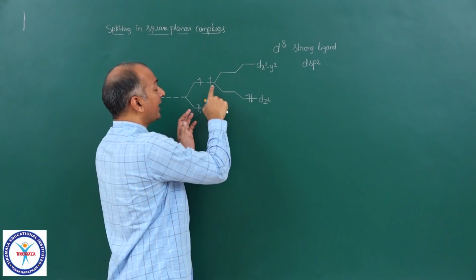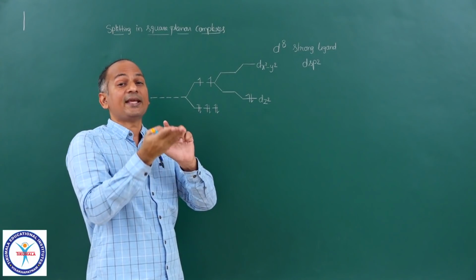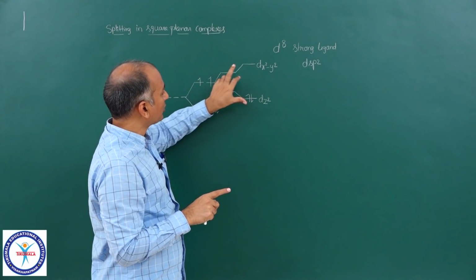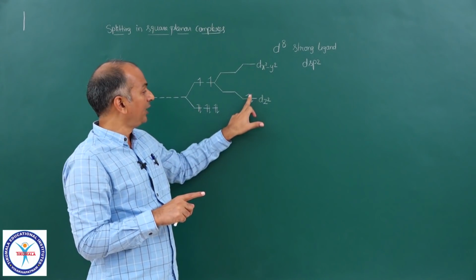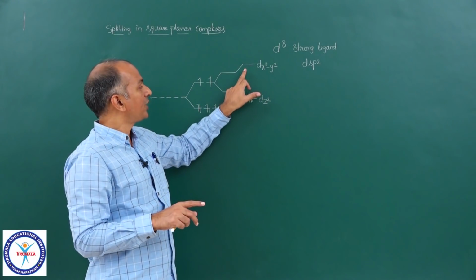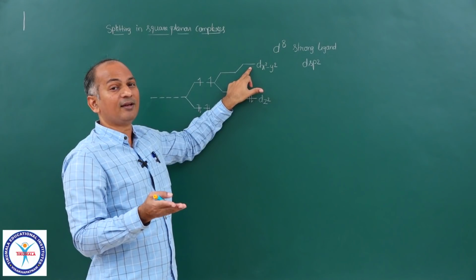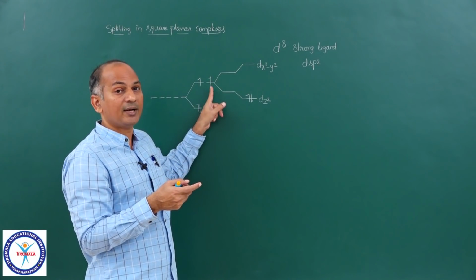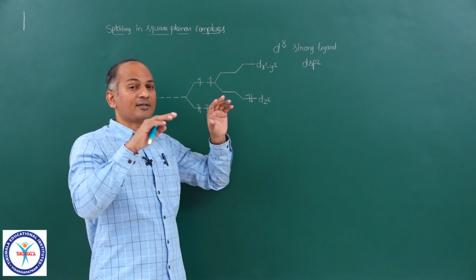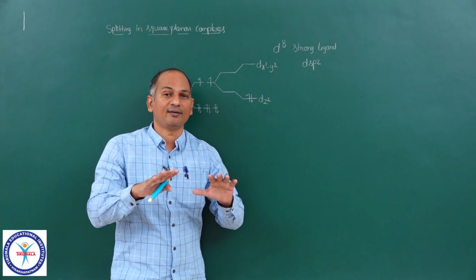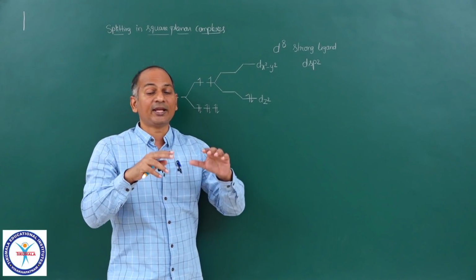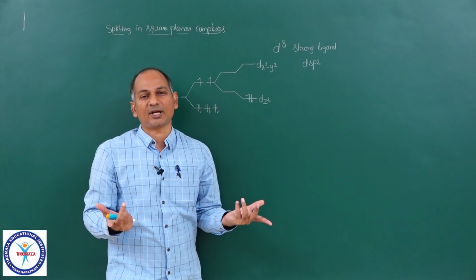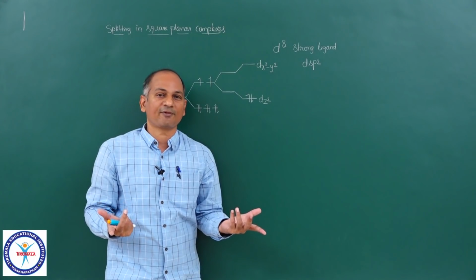That means the energy of 1 electron will actually be raised in the d9 case, because here 3 will be there, and out of those 3, 1 will go here. Only 2 will come here, obviously. So the energy of this electron will increase when compared to the octahedral environment. But the energy of the 2 electrons is lowered. And if the net energy gain is greater, yes, then the complex can go for square planar shape.